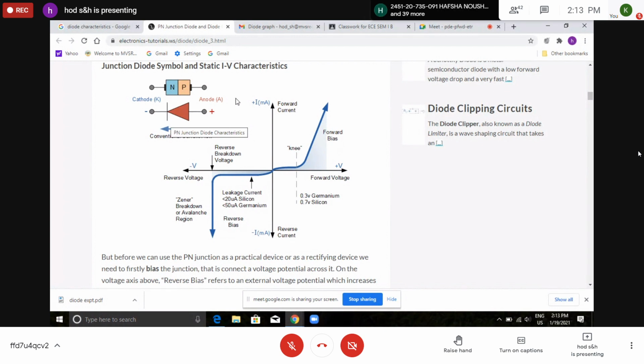So the same diode, if operated in forward bias, gives high current, and in reverse bias it gives low current. In both cases, remember, the current increases as the applied voltage increases. Generally, when you hear the term reverse bias, you may get the impression that the current will decrease, but this is not correct. The magnitude of the current will be different: in forward bias we get milliamps, and in reverse bias we get microamps.